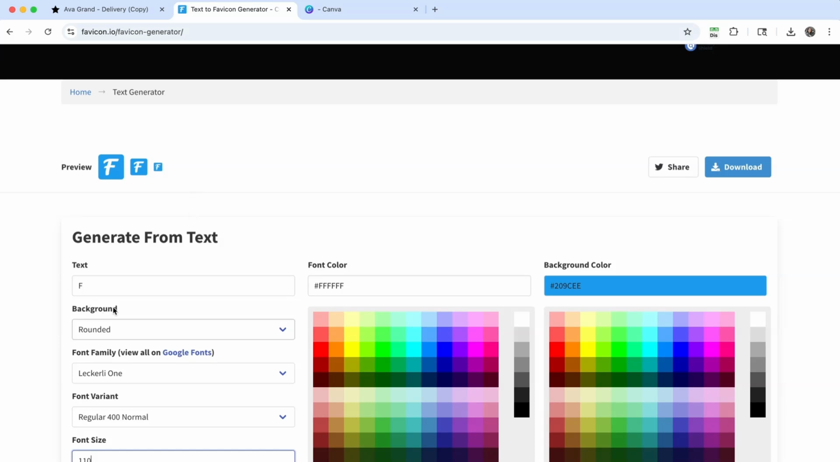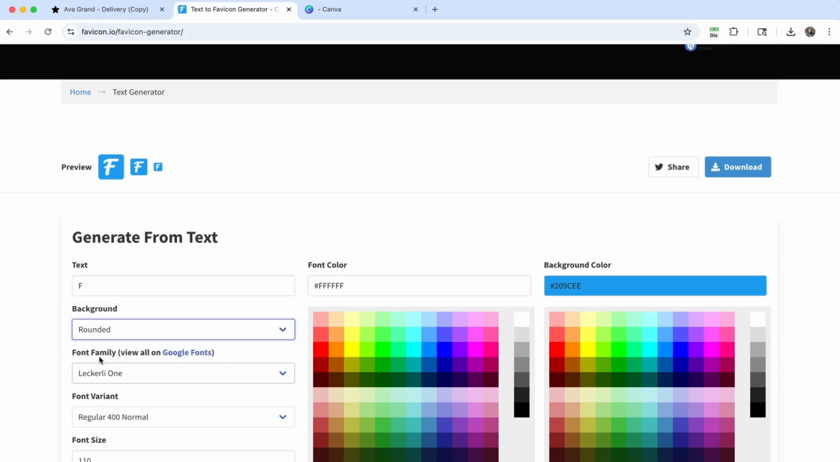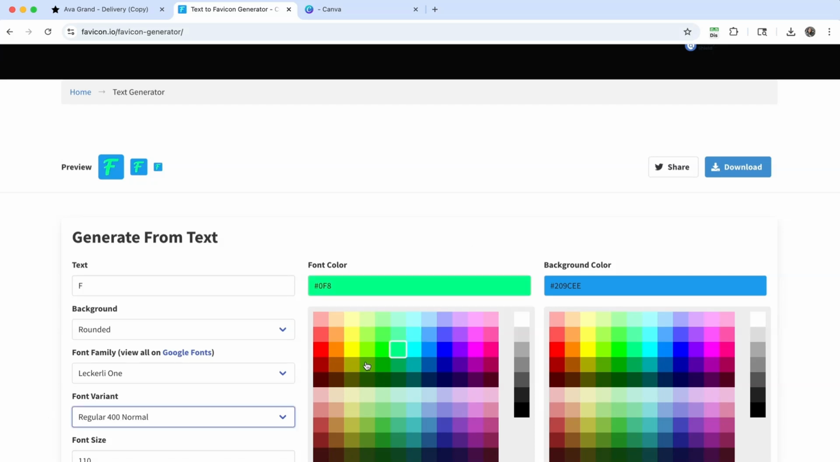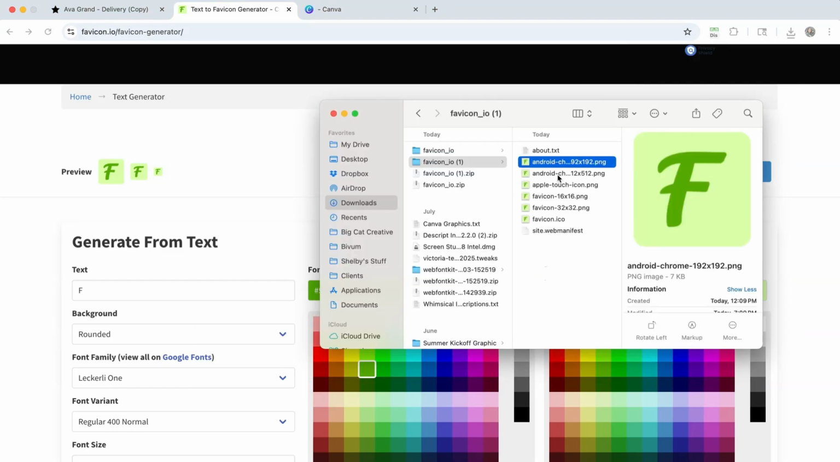You can then choose what the background of your favicon looks like. You can choose from a square, a circle, or rounded edges. You can change the font of your letters. And then over here, you can change the color of your font as well as the color of the background. And then once you're happy with how your favicon looks, you can go ahead and click download. And again, it is going to download this zip file and provide you with all of these various sizes of